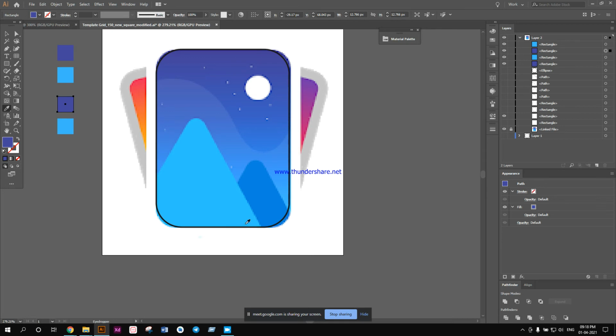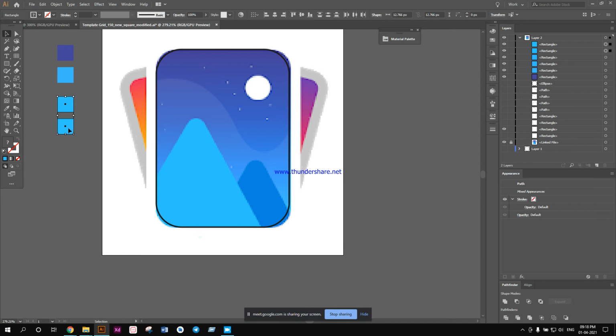This mountain has colors something like this. This is the darkest part. This is the lightest part. Okay, for this mountain as well. For the background things I'll do later.